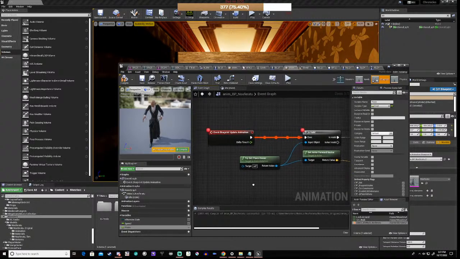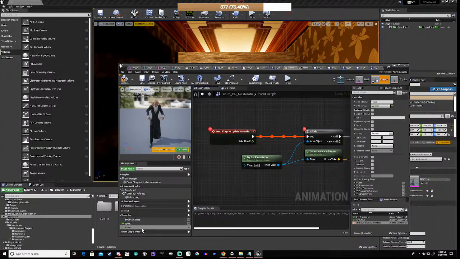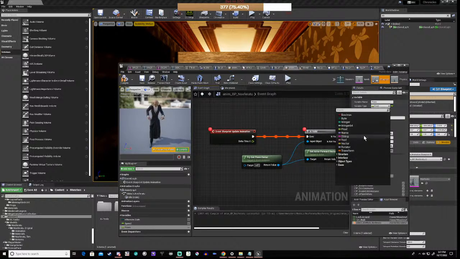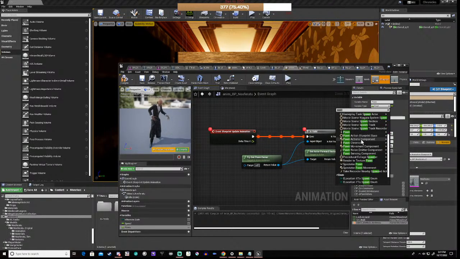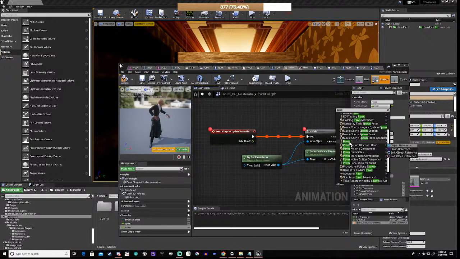So that would suggest that you have to have a pawn, right? Which would suggest